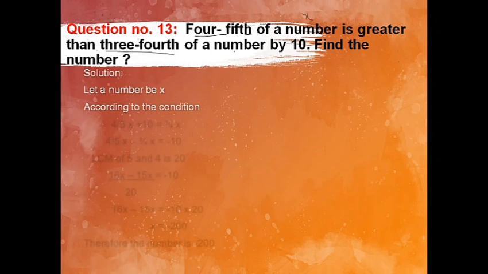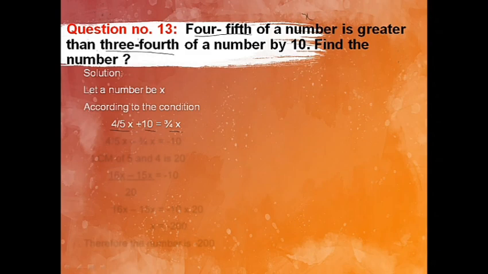x by 10. So here we will write the equation as 4 by 5 x plus 10 equals 3 by 4 x. That is, 4/5 of a number plus 10 equals 3/4 of a number, as it is given here. 4/5 of a number is greater than 3/4 of a number by 10. That's why here we have added 4 by 5x plus 10, which is equal to 3 by 4